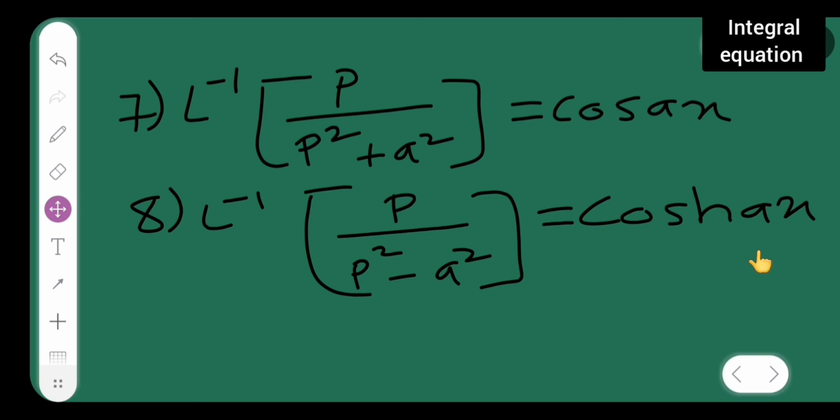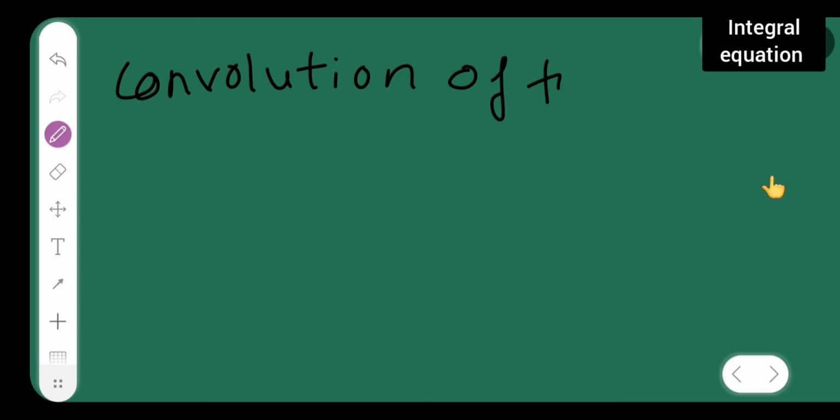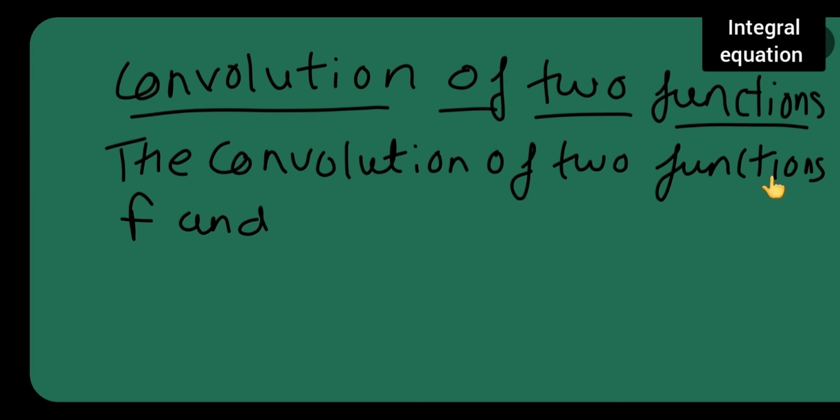Okay, now we are done with the Laplace formulas. Next, we will be doing convolution of two functions. Let me do that. Convolution of two functions. The convolution of two functions f and g is defined by